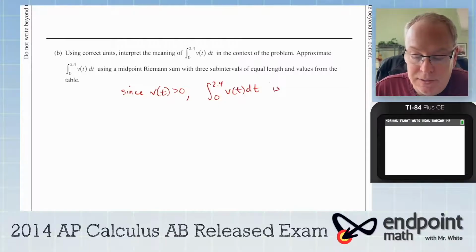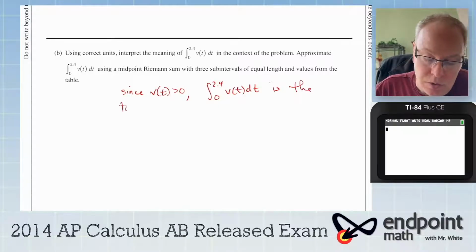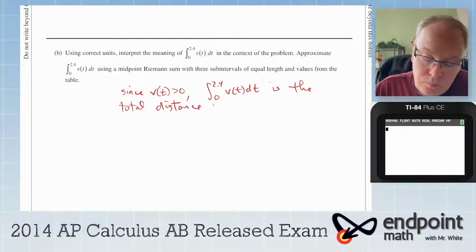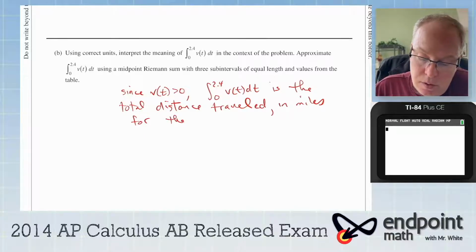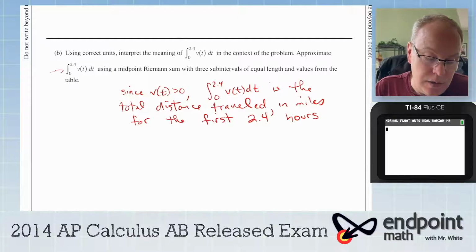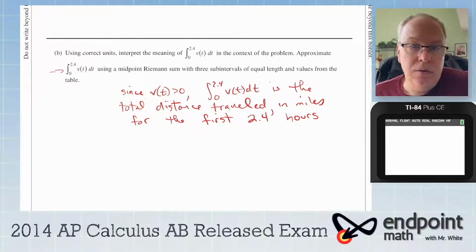So this is the total distance traveled in miles for the first 2.4 hours. Okay, and then part 2 here says use a midpoint Riemann sum with 3 subintervals of equal length